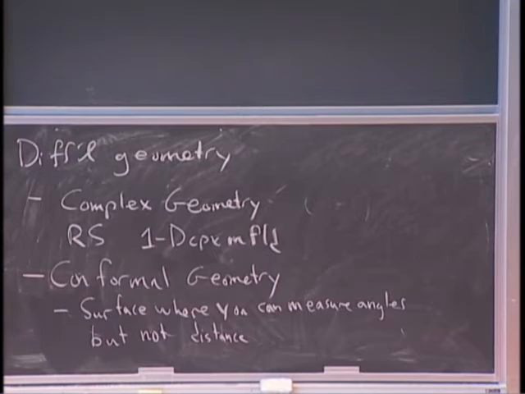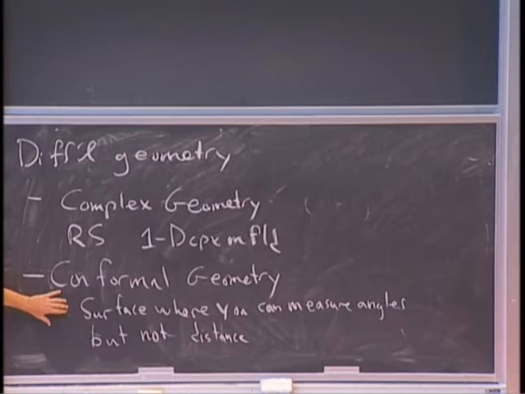So the idea is, if you have a Riemannian metric and you multiply that metric by a smooth function, that gives you a new Riemannian metric. And of course, the notion of distance is completely changed because you're scaling the length scales. But if you work out the formula for how angles relate, say from the cosine law, it turns out that multiplying doesn't change anything. So when you take this equivalence class of metrics, where you say two metrics are equivalent if one is a multiple of the other by a smooth positive function, that gives you what's known as a conformal structure. And as we'll see, in 2 dimensions,